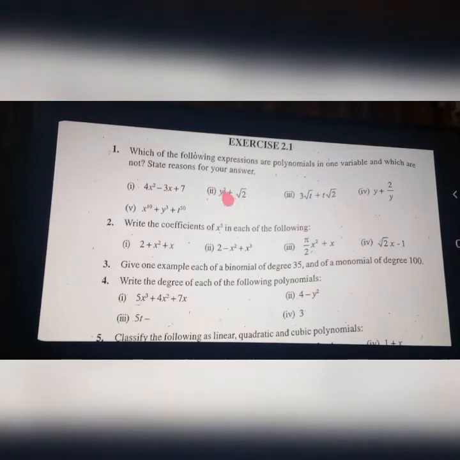And what's the degree? Degree here 2 and here degree 0, index 0 coming. Therefore you can say it is a polynomial in one variable. Clear? And here is a polynomial in one variable only. This is a polynomial in one variable. Then some problem is there. You find out what's the problem.